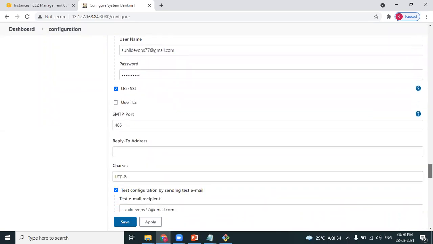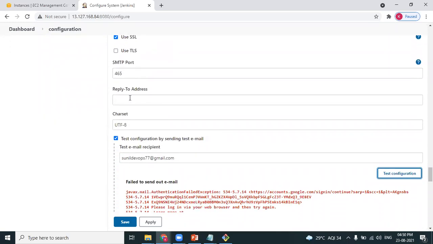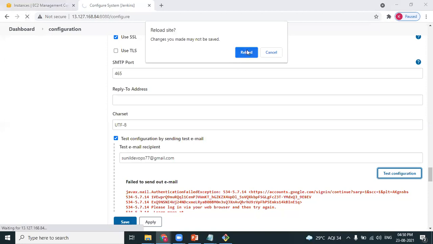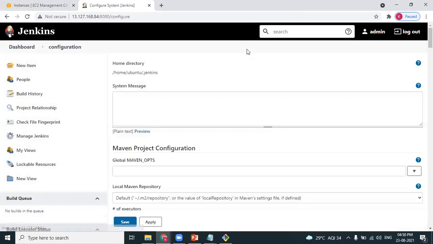I think we have provided all the details. It will take some time. Let's refresh. Disabling CAPTCHA and allowing less secure apps will take some time to get updated.